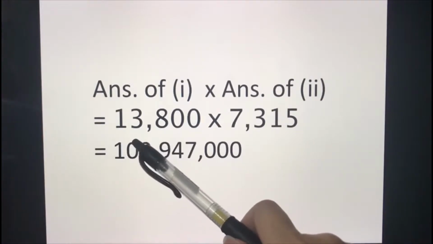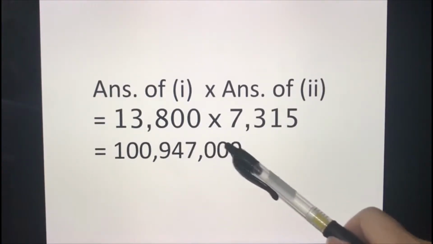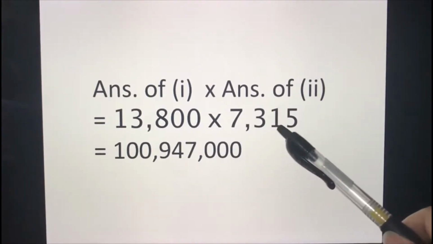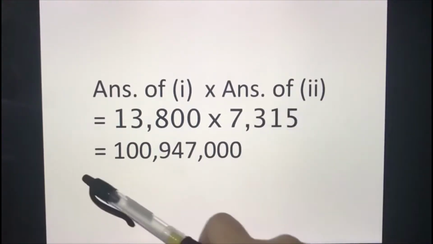So it is 30,800 multiplied by 7,315. And the answer is